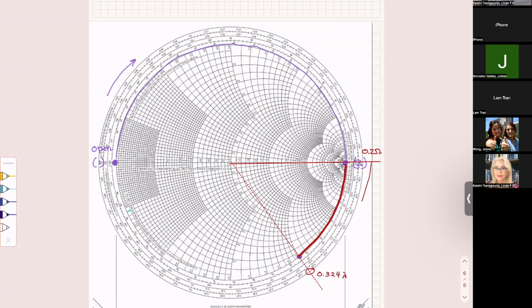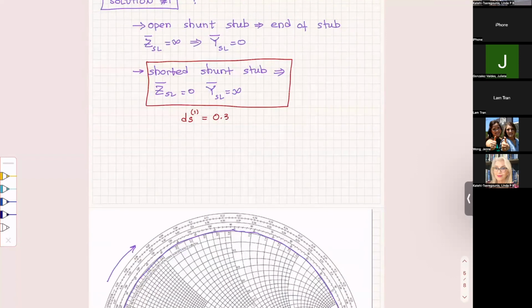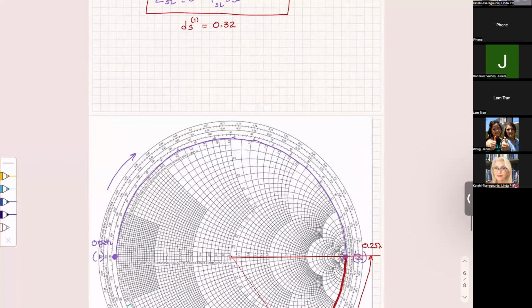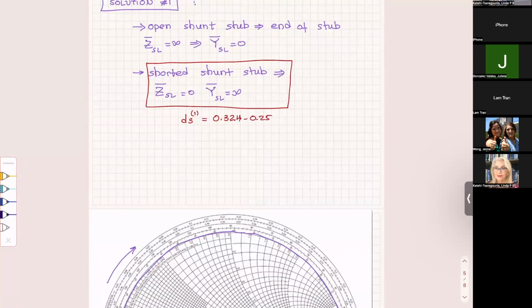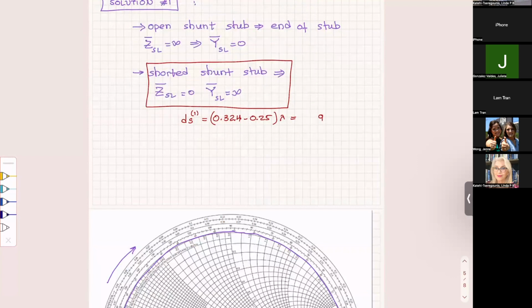So the distance between these two is going to give us this d sub s 1, and it's going to be 0.324 minus 0.25 lambda, which is